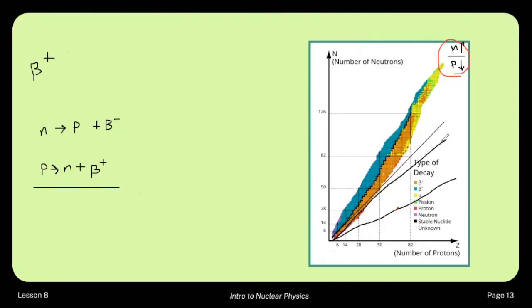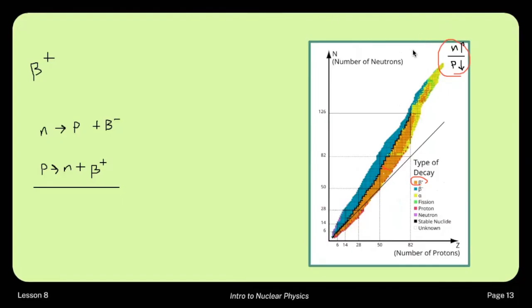So we're going to move in this direction a little bit and our particle is going to move this way a little bit. And then looking at the graph, we have this region of beta plus decay. So if something over here undergoes beta plus decay, it will move in this direction towards the valley of stability